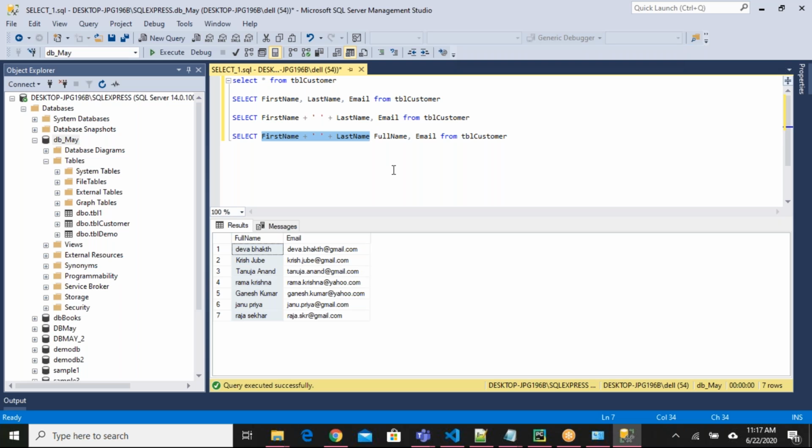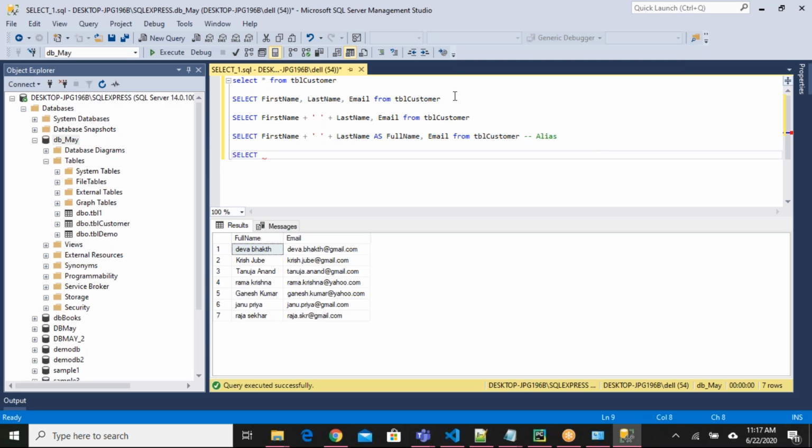Here there are two options. You can say space and the column name. Also you can say as. Both are the same. As and column name you can provide, or space column name you can provide. Both are for alias name only. Let me say alias. Alias is not only for calculations. For existing columns also you can provide some alias names.